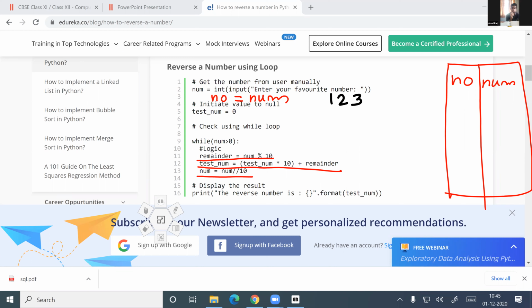Ma'am, the value 123 will be denoted as the value of NO. NO will be having the value of num, isn't it?